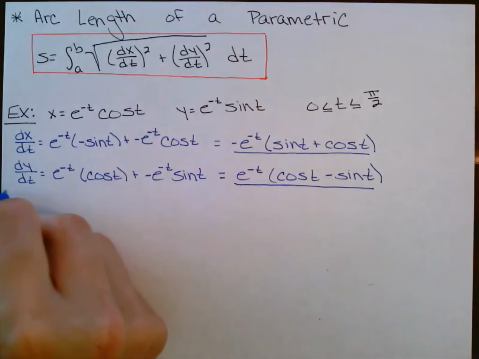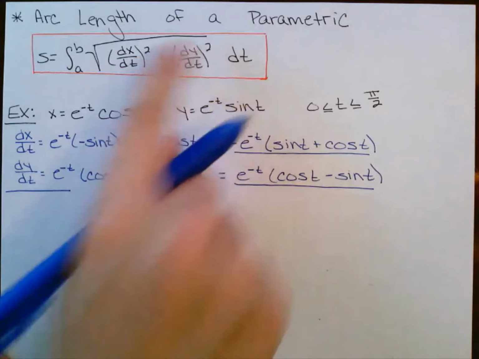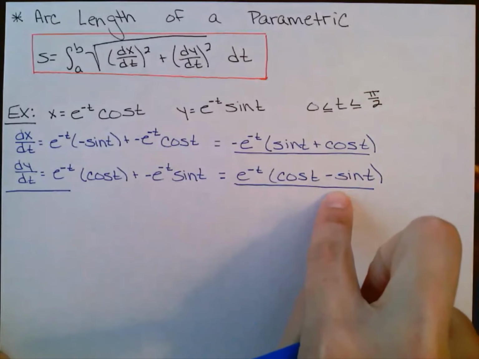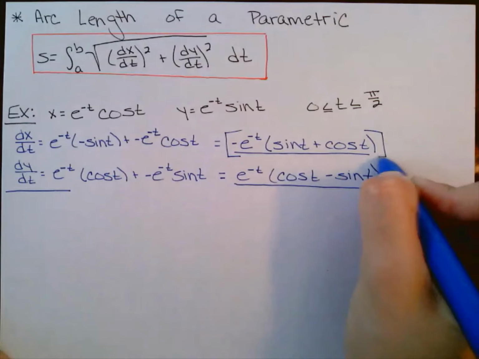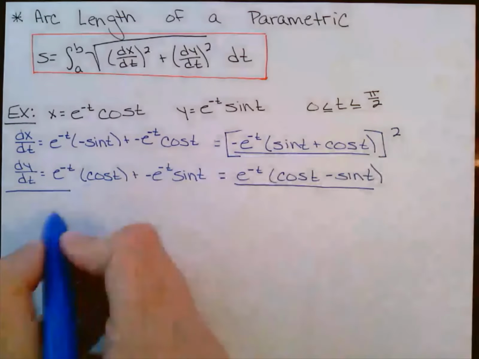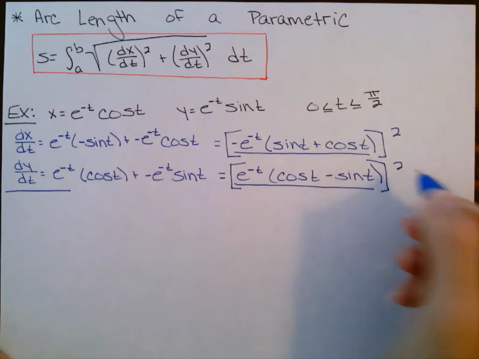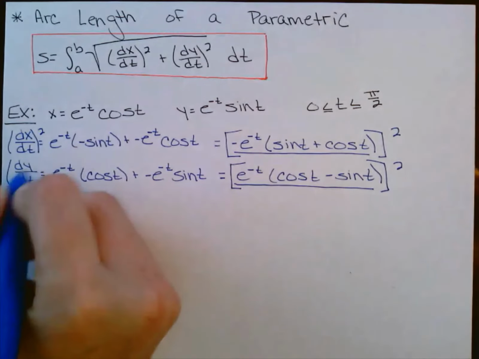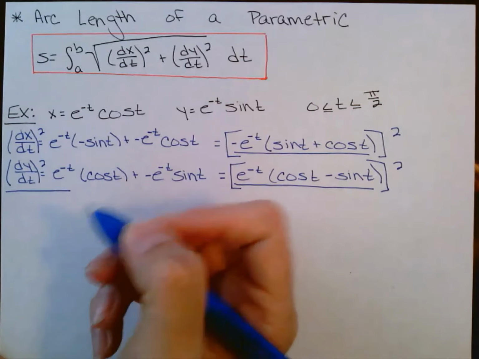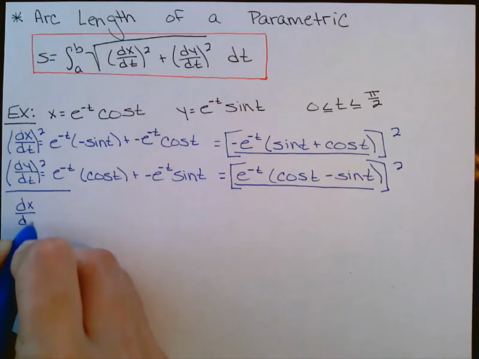Now I'm going to go ahead, draw a little line. I'm going to do the square for each of those. So I'm going to get each of these and I'm going to square them, which means I'm going to do all of this squared and all of this squared, right? And that's literally just me putting the squareds here. Okay, so coming down, dx dt